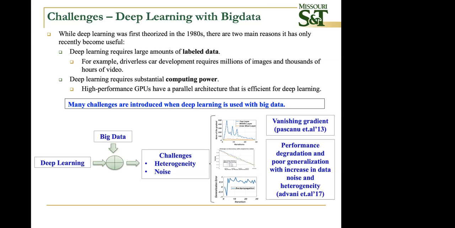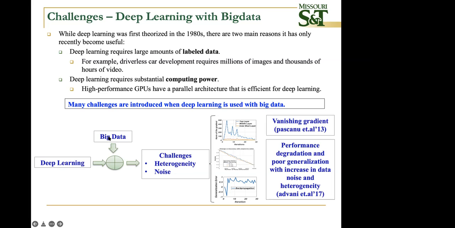And if they change the background, they still have a lot of problems. So the question is that data is considered as big data. Deep learning requires substantial computing power. So that means you're looking at GPUs. And more recently, I think there are parallel architecture machines and GPUs and they're becoming more and more popular. So we're going to address that. This is one of the reasons why it's popular now than in the 1980s, okay?